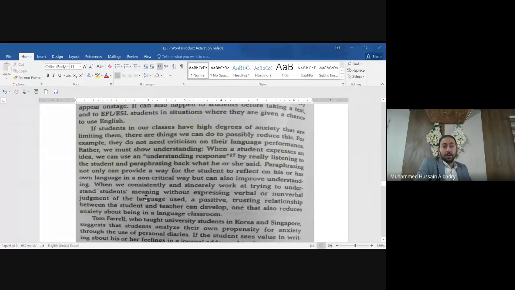When we constantly and sincerely work at trying to understand students' meaning without expressing verbal or non-verbal judgment of the language used, as I told you, don't make verbal judgment, or non-verbal judgment using gestures, signals. We don't tell him it is wrong, no. Okay, when a student is speaking, you have to listen to him.